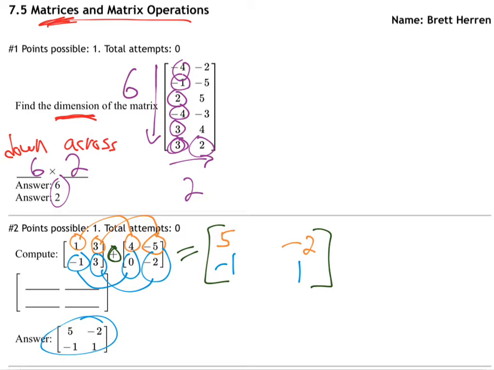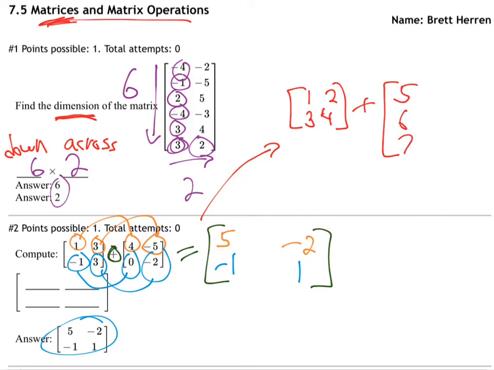Here's an interesting side point. When they decided, let me ask you, what did they decide about adding matrices that are different sizes? Like, how about if we wanted to add those two matrices? We understand how to add two matrices that are the same size. You just add entry by entry. But how do you add